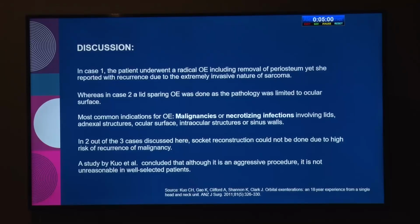In case 1, the patient underwent a radical orbital exenteration including removal of periosteum, yet she reported with recurrence due to extremely invasive nature of sarcoma, whereas in the second case, a lid sparing orbital exenteration was done as the pathology was limited to ocular surface. Most common indications are malignancies and necrotizing infections. In 2 out of the 3 cases discussed here, socket reconstruction could not be done due to high risk of